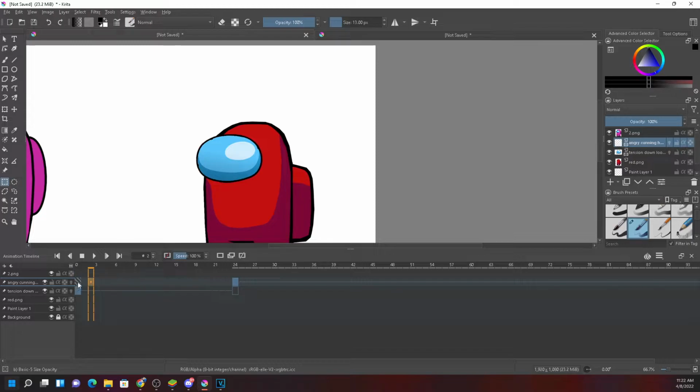So right now it is deleted. You can see this one is a delete symbol. It appears like this. So I've deleted it, and now there is no frame created, right? Until frame 23, the eye will not be visible. After you go to the 24th frame, the eye will be visible. Now it is clear for you.